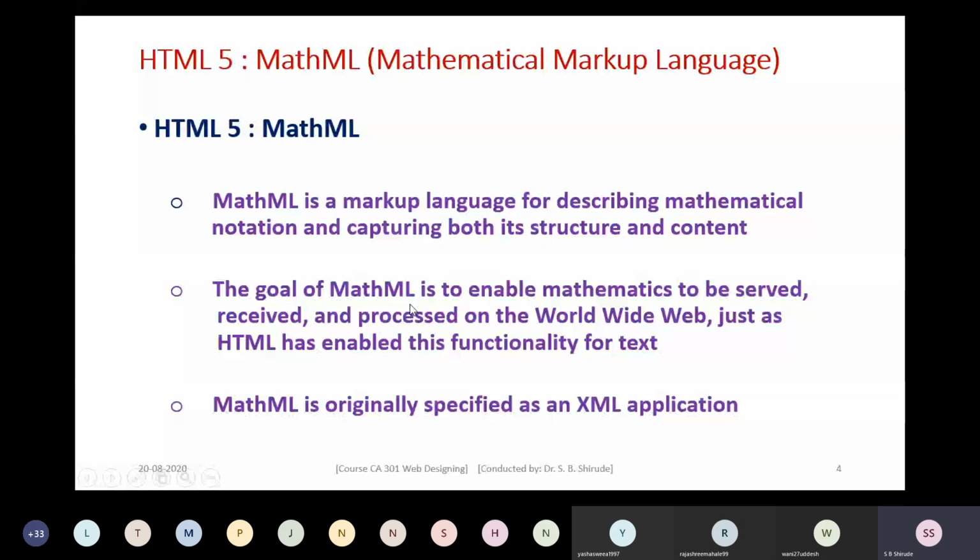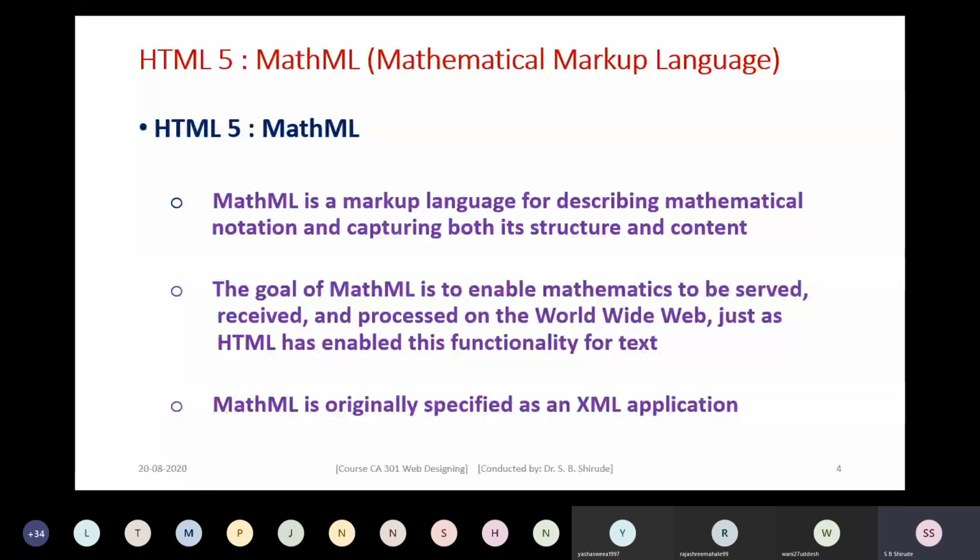For example, in HTML, we have different elements which allow us to put the text, such as the img tag for inserting an image. We have the UL tag and OL tag for inserting lists. We have the anchor tag for inserting anchors. We have the table tag for inserting a table. We have the form tag for inserting a form. So likewise, several elements are there that allow us to present the text properly, design the text properly.